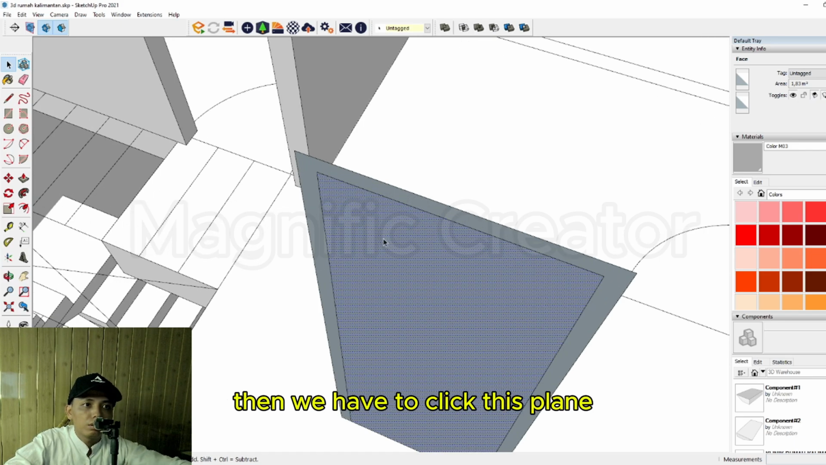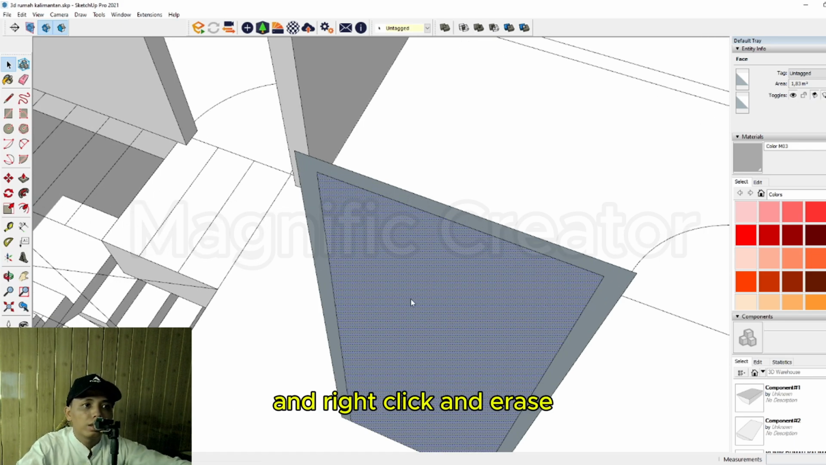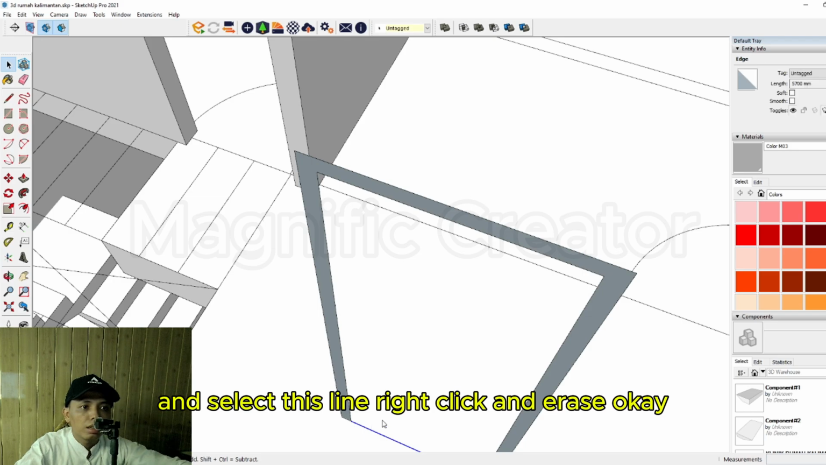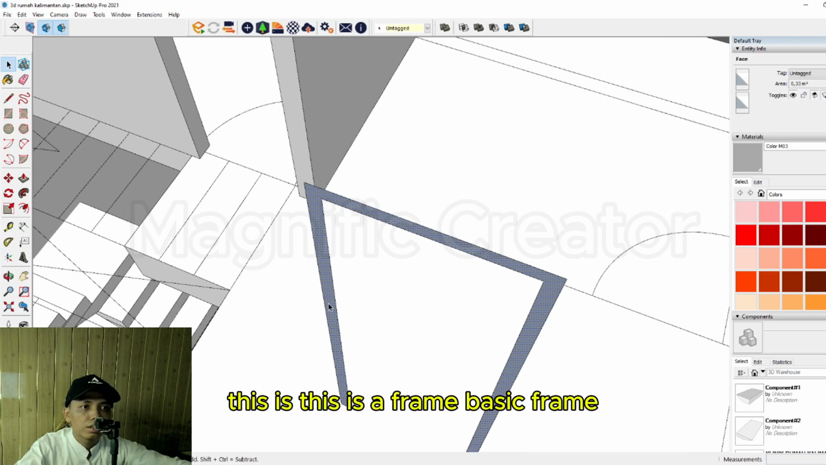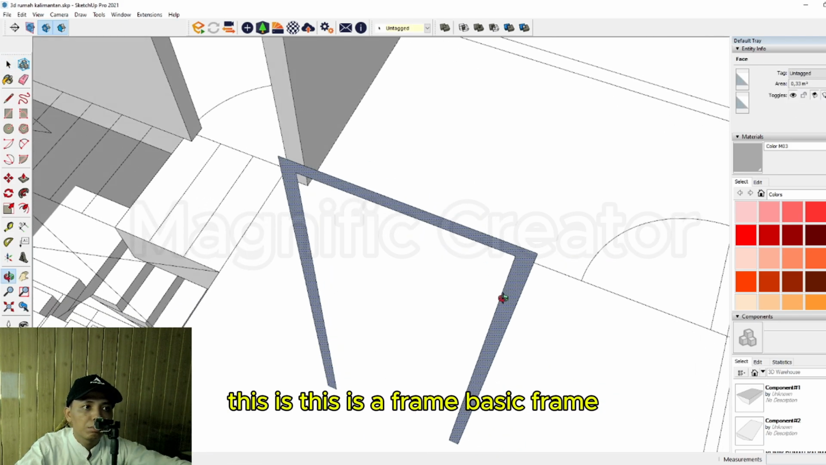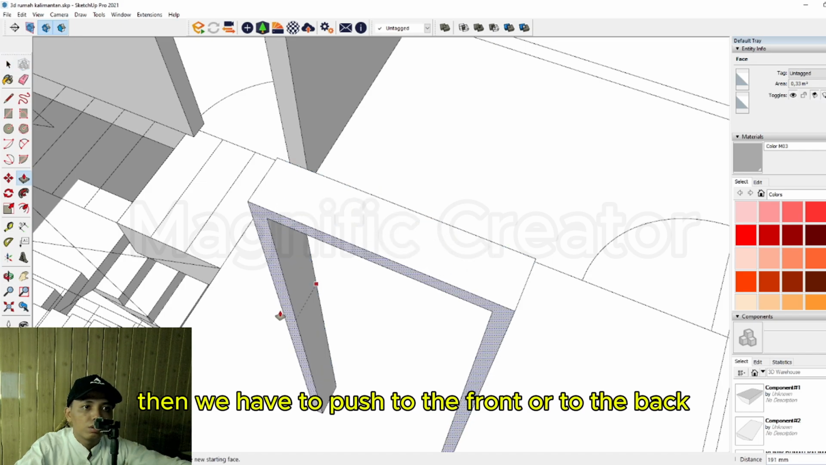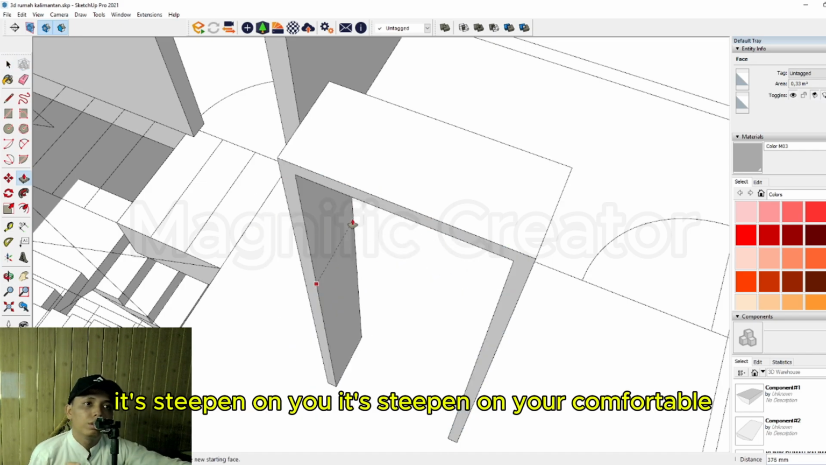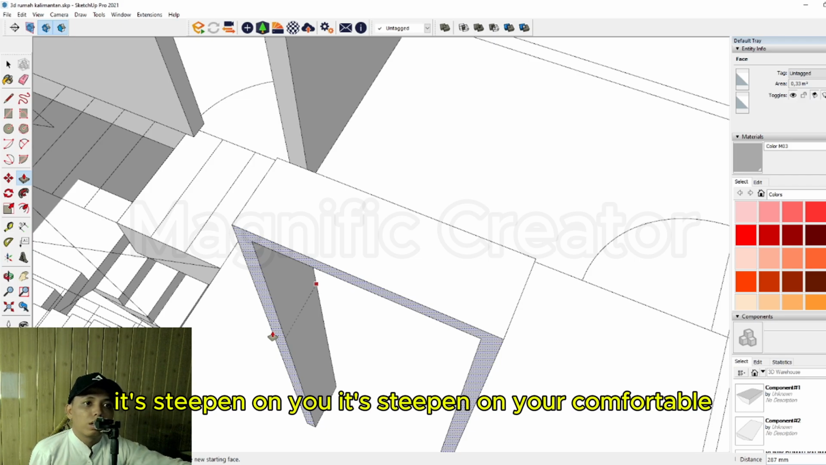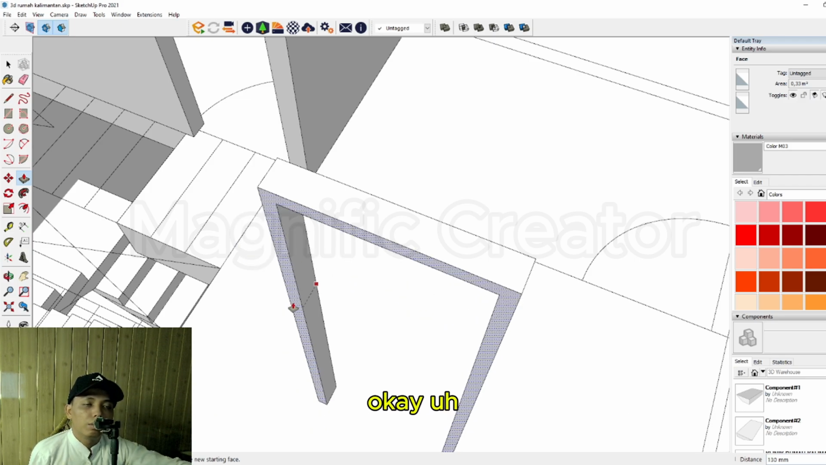Okay, then we have to click this plane and right click and erase, and select this line, right click and erase. Okay, this is a frame, basic frame. And then we have to push to the front or to the back. It depends on you, it depends on your comfort. Okay, but in this case